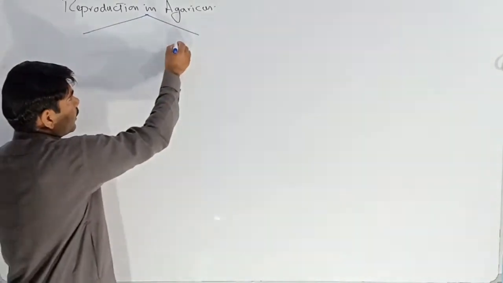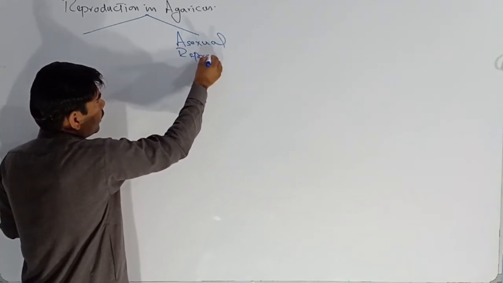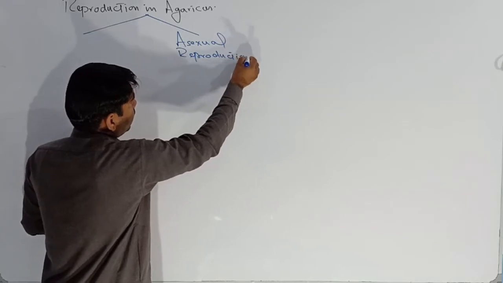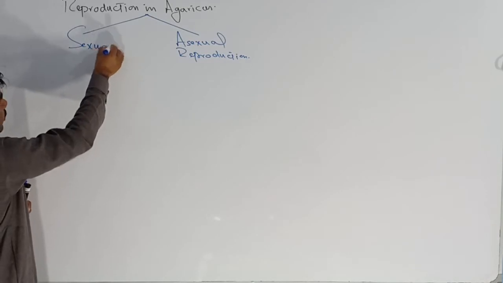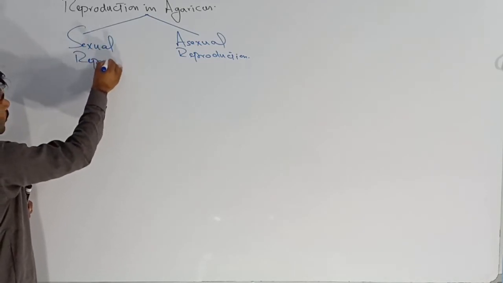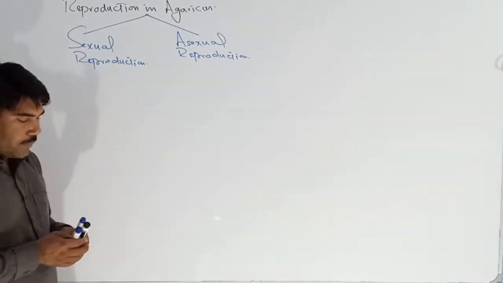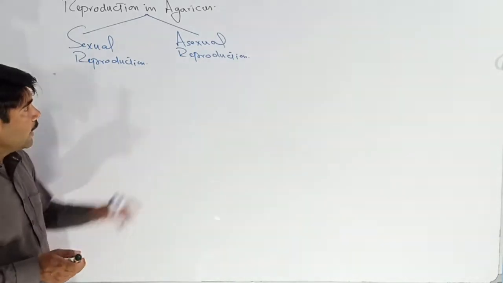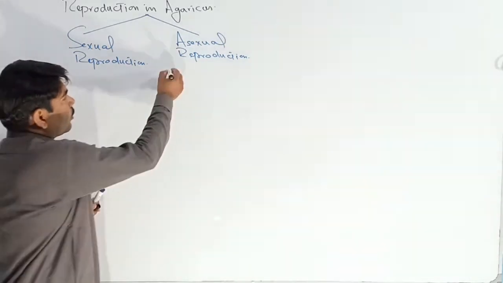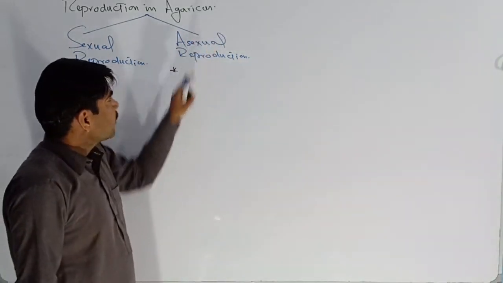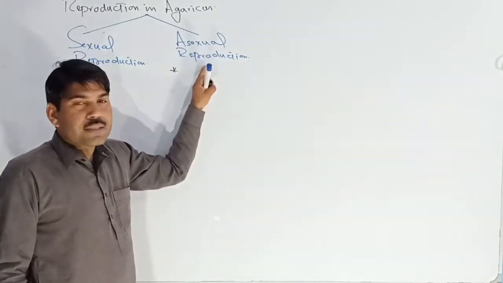The first type of reproduction is known as asexual reproduction. And the second type of reproduction is known as sexual reproduction. In the beginning of this lecture, we will try to discuss the asexual reproduction because it is very simple and rare. Now if we discuss the asexual reproduction in Agaricus, then we can say that it is commonly